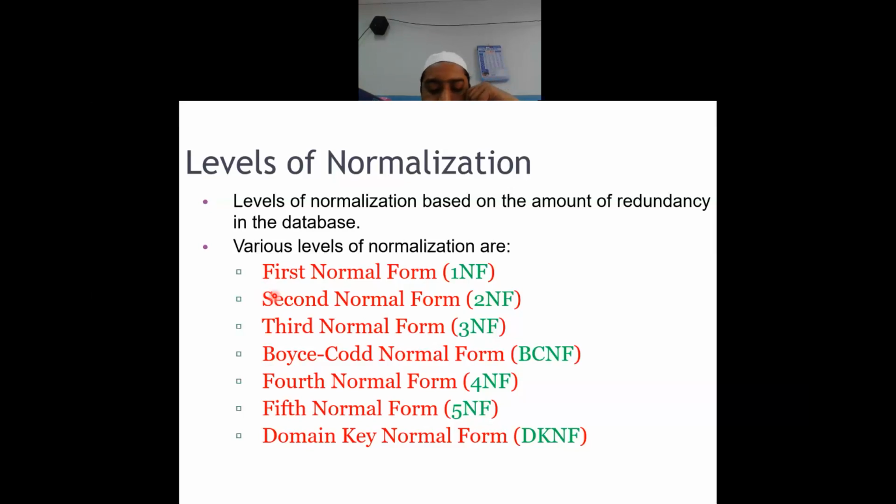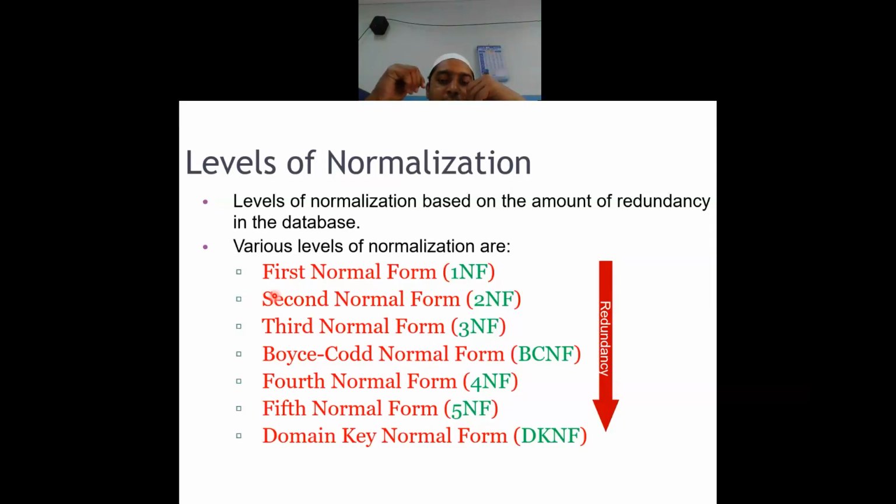In the case of first normal form, on applying the first normal form, one table will be split into multiple tables, 2 or 3, based on the requirement. Now, if I go for second normal form, those 2 tables will be further split or restructured into 4 tables. Like that, as I go on increasing the levels, the number of tables will increase.